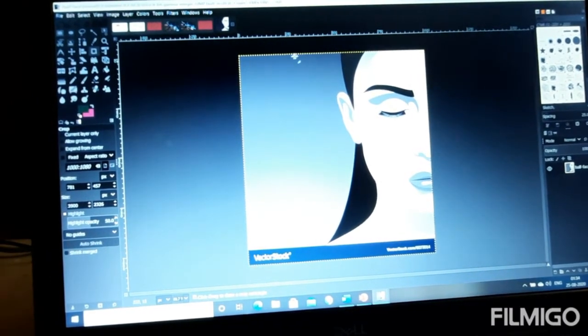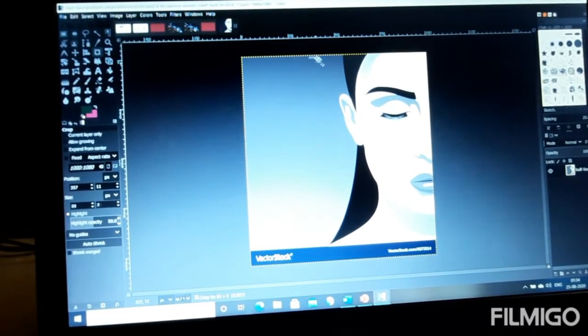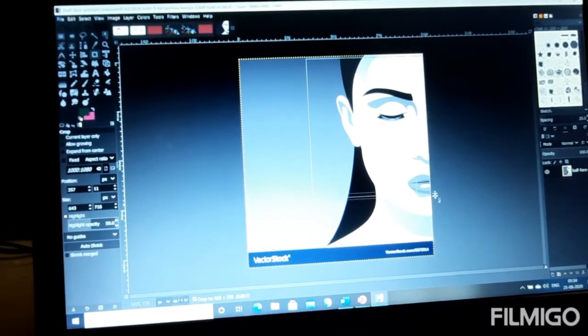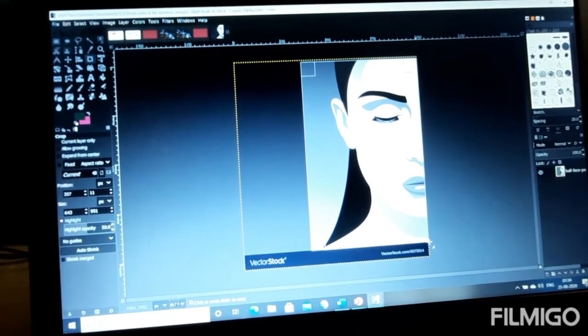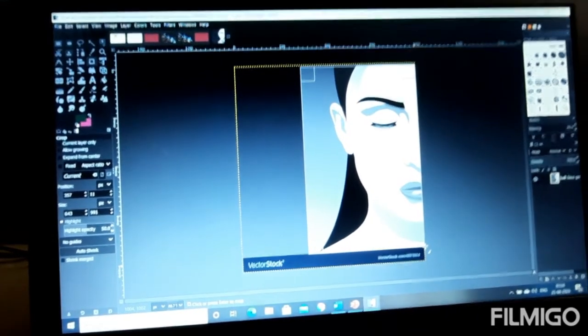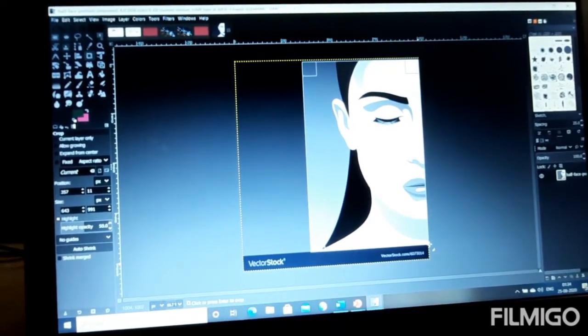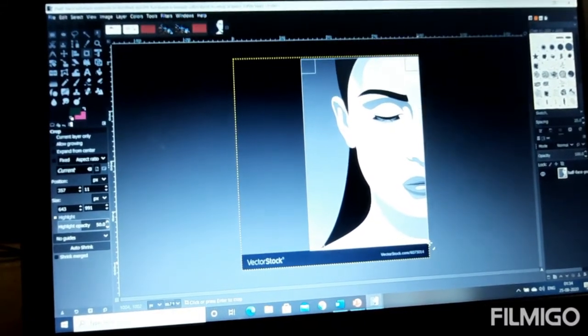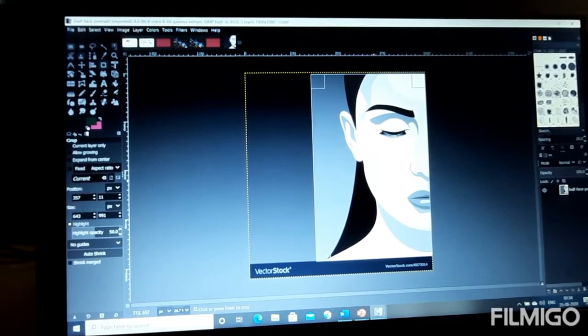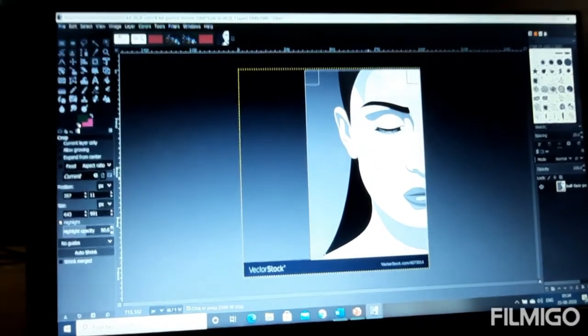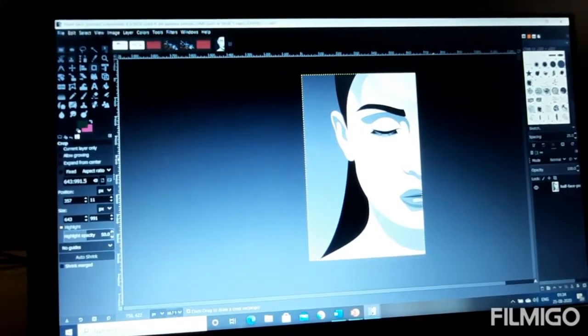Okay, so now I'll choose the area what I would like to have. I have chosen this area only. I have just held the mouse and dragged the mouse toward down. Now I have to click over this picture to get the final result.